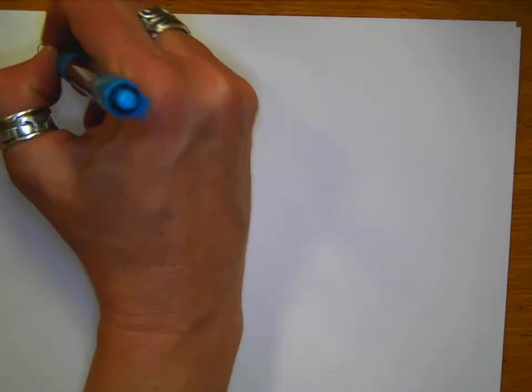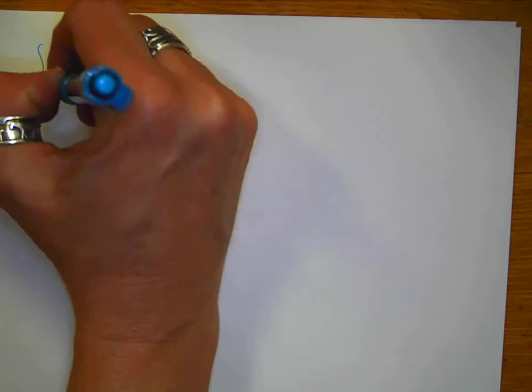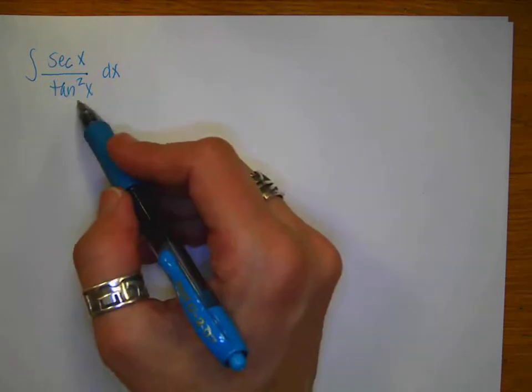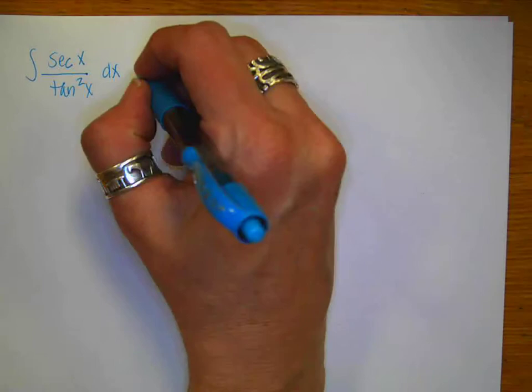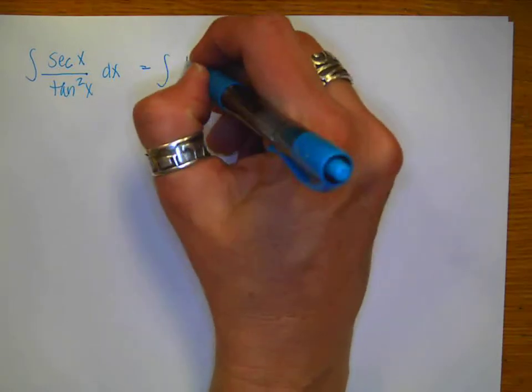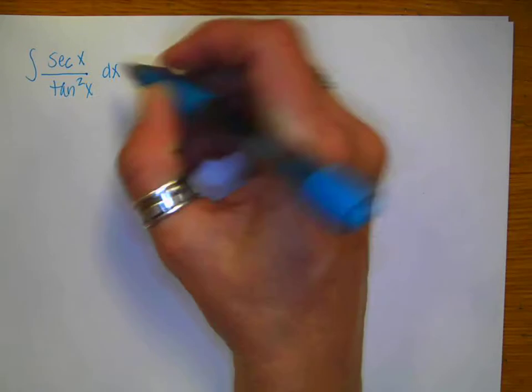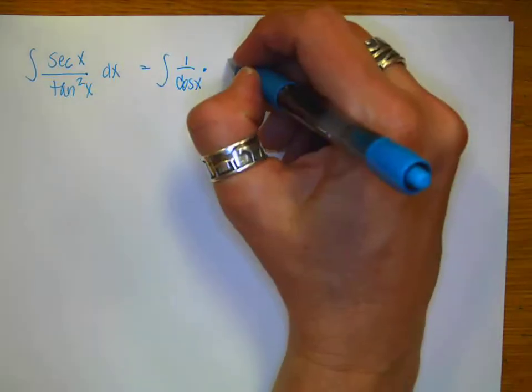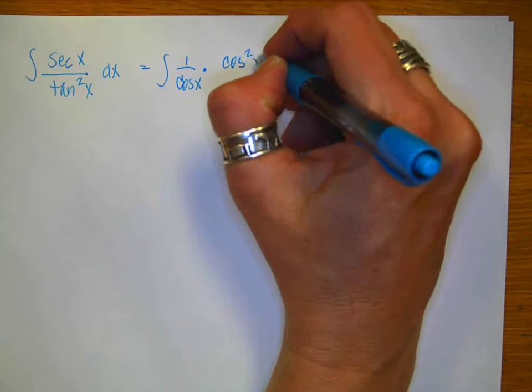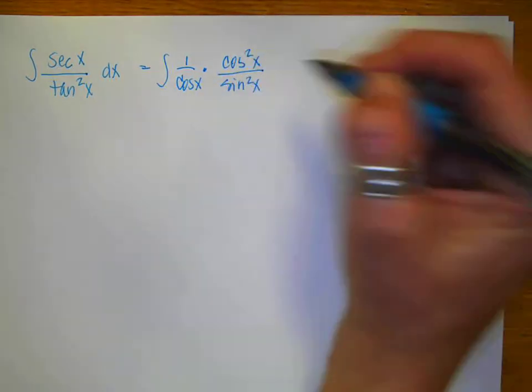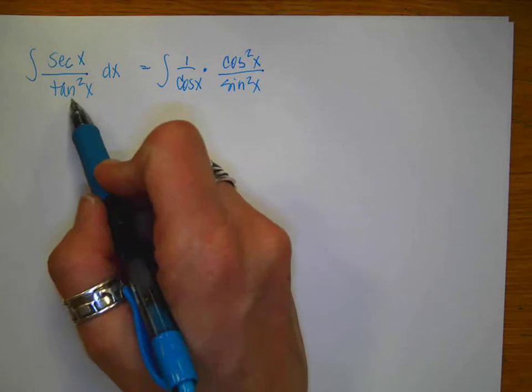Alrighty, so I have one last little example of guideline number 5 for you, and then we're going to be done. So let's say I have this integral. I have the integral of the secant of x over tangent squared x dx. This one doesn't match any of the other guidelines that we have. So the first thing I'm going to do is to rewrite all of this using sines and cosines. So this is going to equal the integral of 1 over the cosine of x. If tangent is in the bottom, then this is going to become cosine squared x over sine squared x